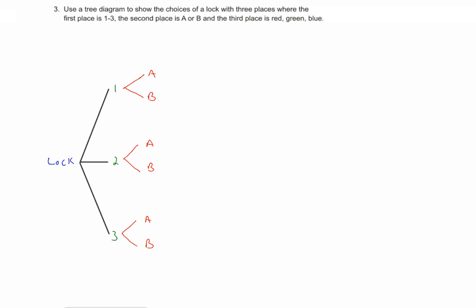Now we've shown the A and B choices. And then lastly, now you got to do what? Red, green, blue. And I'm just going to use the letters there. I'm going to go